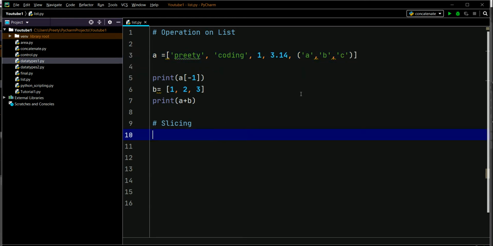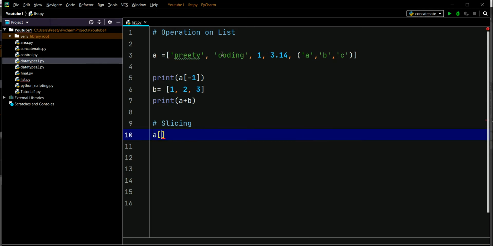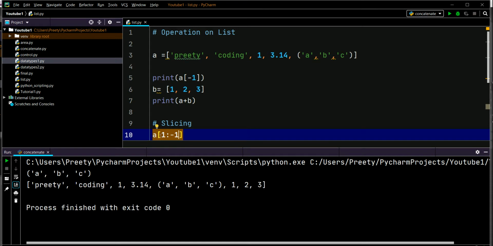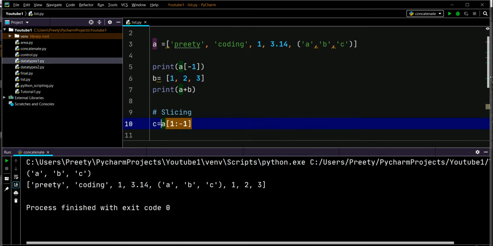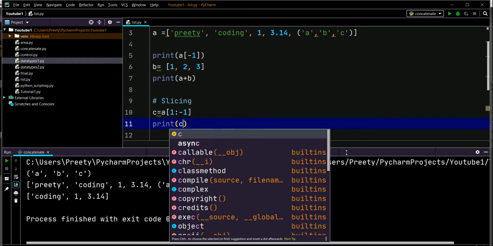So what we'll do, see A, and this is at the first place, 0 and 1 index value. We'll just slice this list using index values 1 and -1. Let's say C equal to that, and print C.